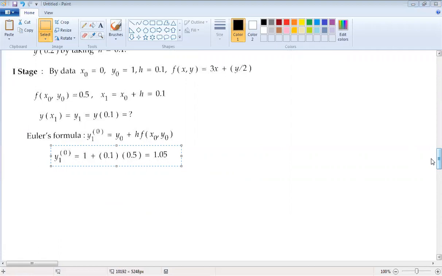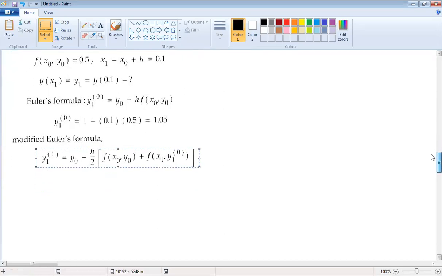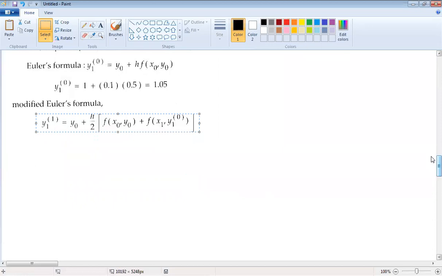To get the solution of desired accuracy, we need to employ the modified Euler's formula. Okay, so we'll apply the modified Euler's method. The first iteration will give us y1(1), which is y0 plus h by 2 times f(x0, y0) plus f(x1, y1(0)). Substituting the values,